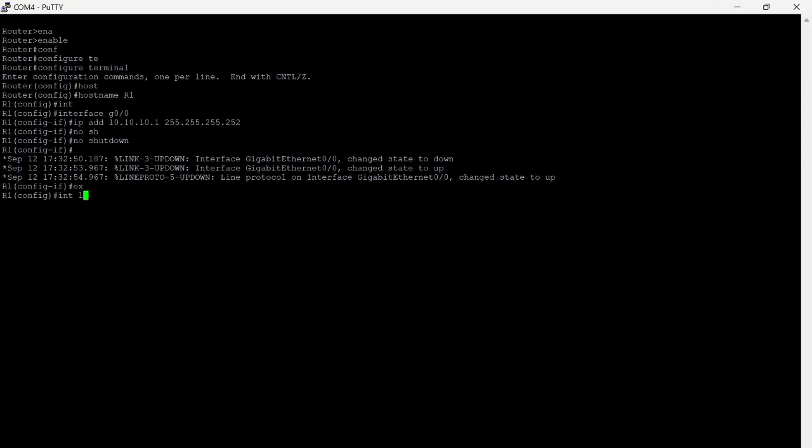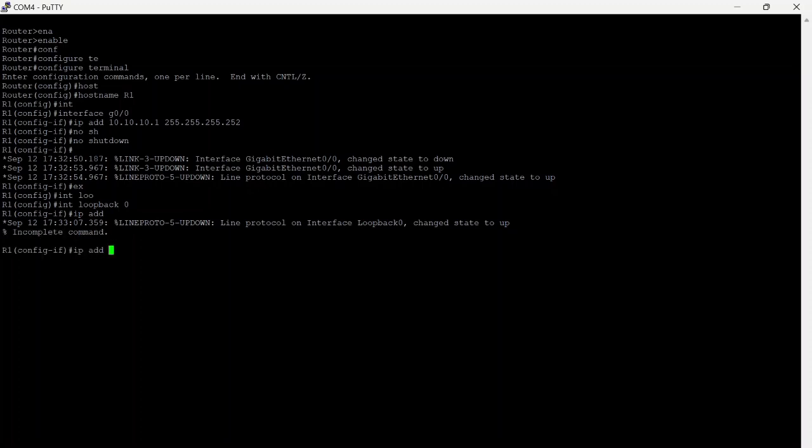I enter interface loopback 0 and I add the IP address for the loopback. This is the IP and subnet mask, and I write router OSPF 1 and I enter the router ID.